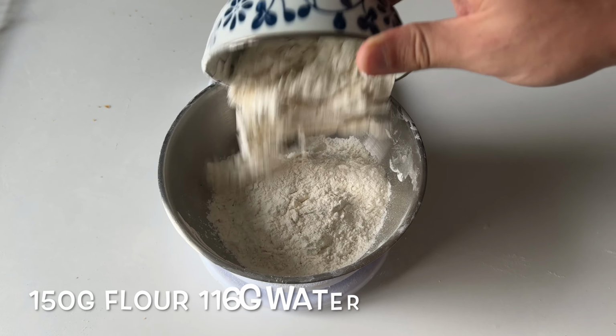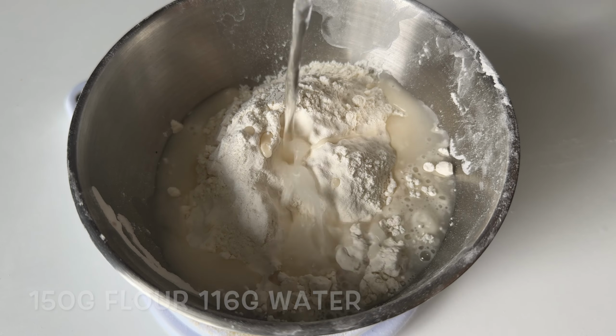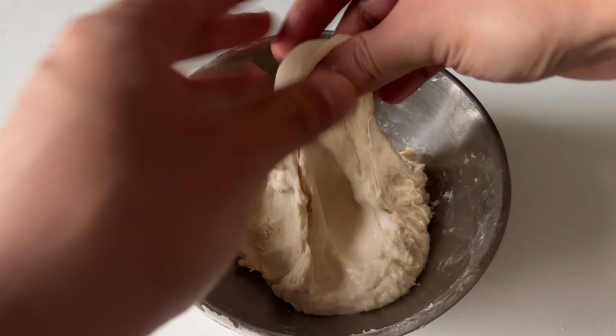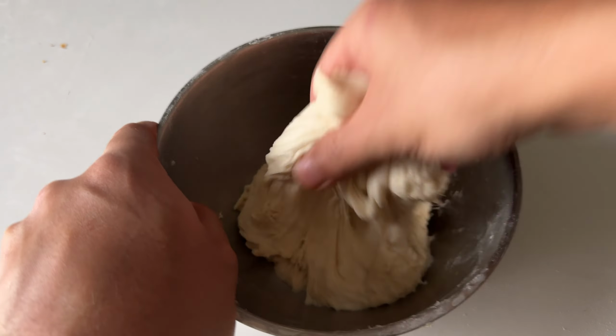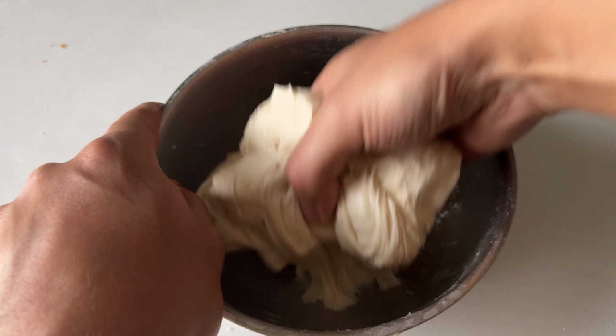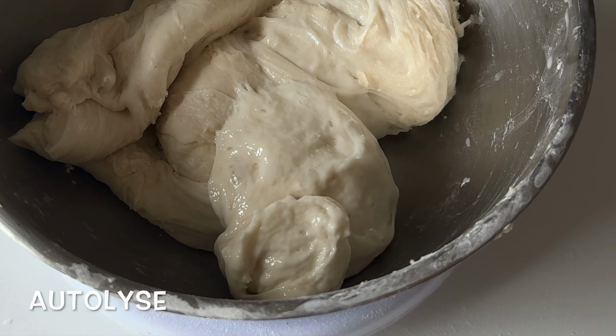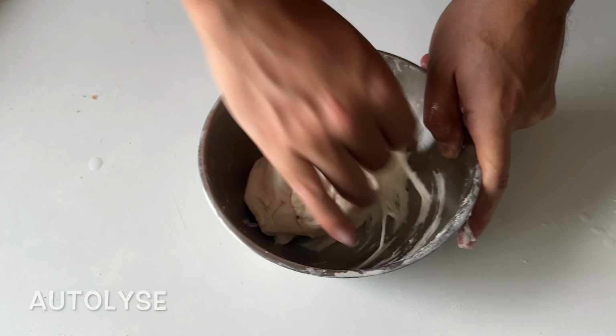Mix flour and water, and before you do anything else, let it rest for a couple of hours. This process is called Autolyse. After just 2 hours, magic happened and the dough has some gluten strength. Beautiful, right? Now go ahead and add 30 grams of active starter